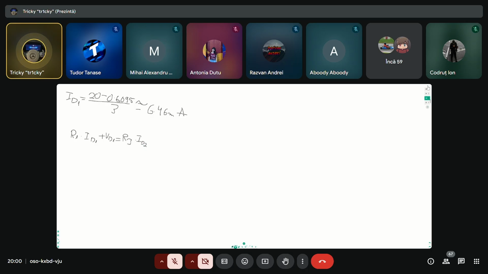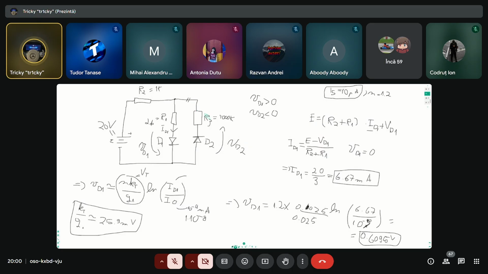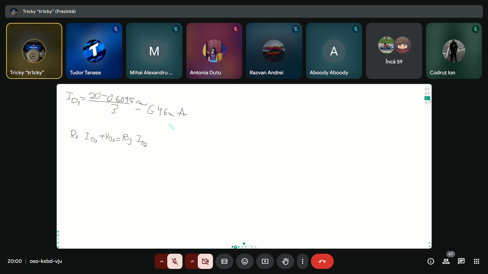Actually, we are not going to use ID2 because this branch is cut off. The current going through it is the saturation current, so it is going to be 10 to minus 8. I'm just going to write it directly. Minus VD2. And we know all the values except this one, so this is just going to be replacing. I don't want to do it anymore because it takes me a lot of time to plug it into the calculator, but it's pretty obvious that this is gonna give us VD2 being